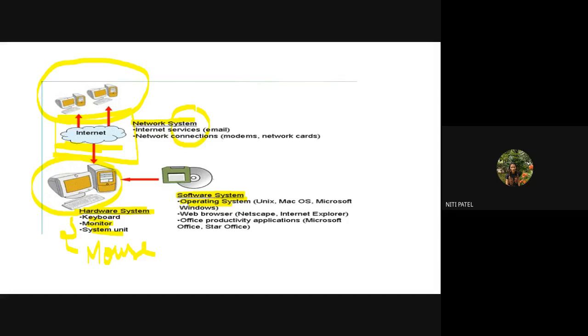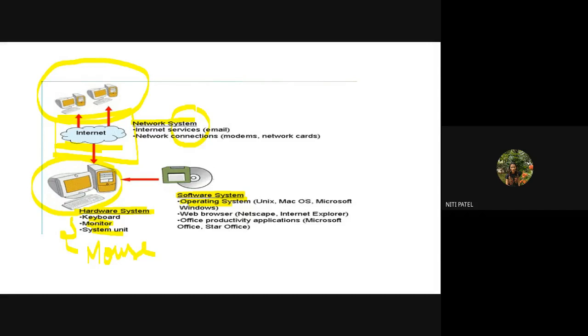So what is that operating system? It allows the user commands to reach the system, and it also allows the system's responses to reach back to the user. So we can say that the operating system is an interface which connects your user and the hardware of the system.